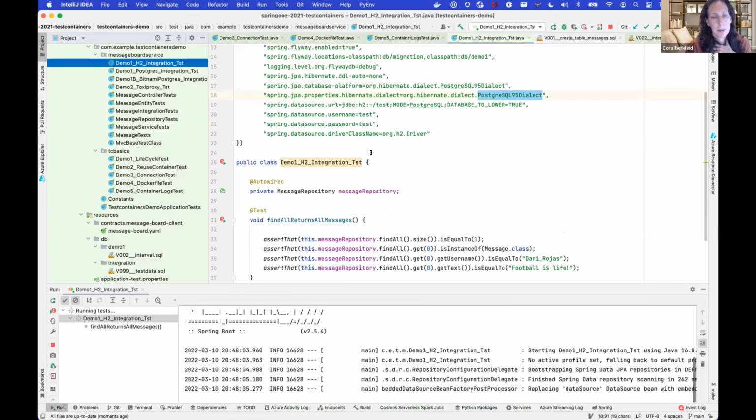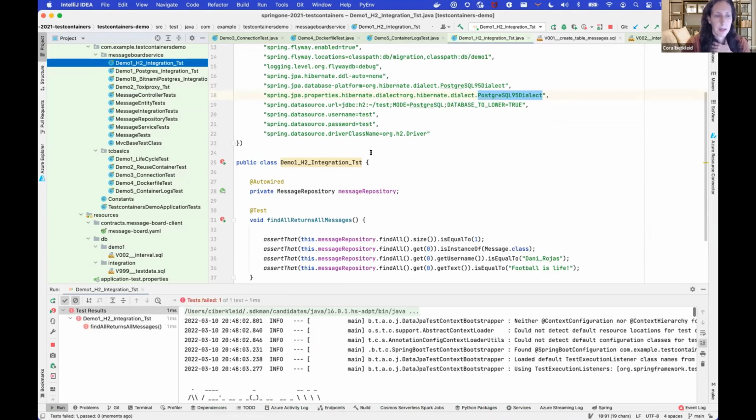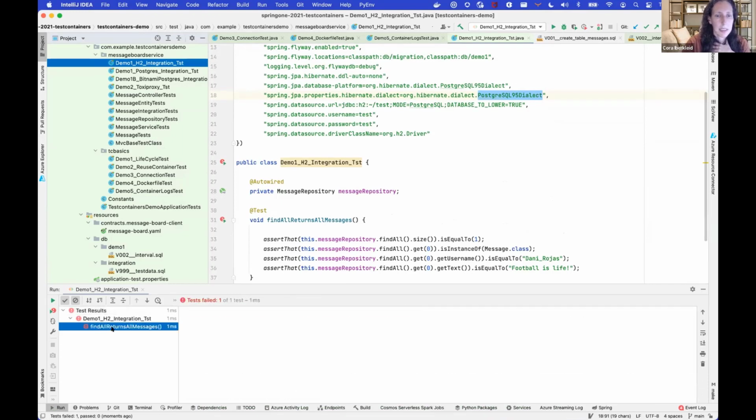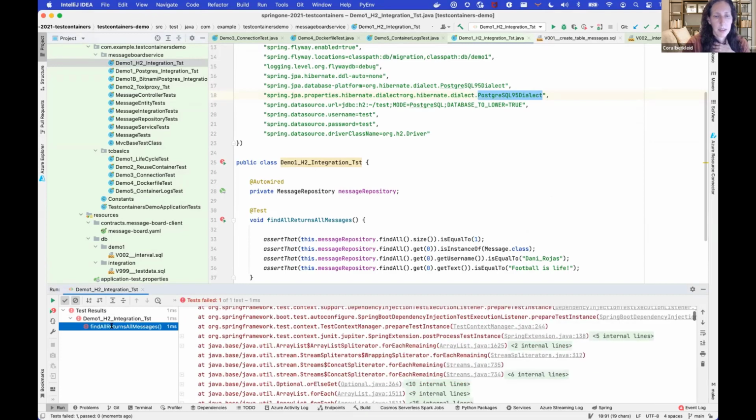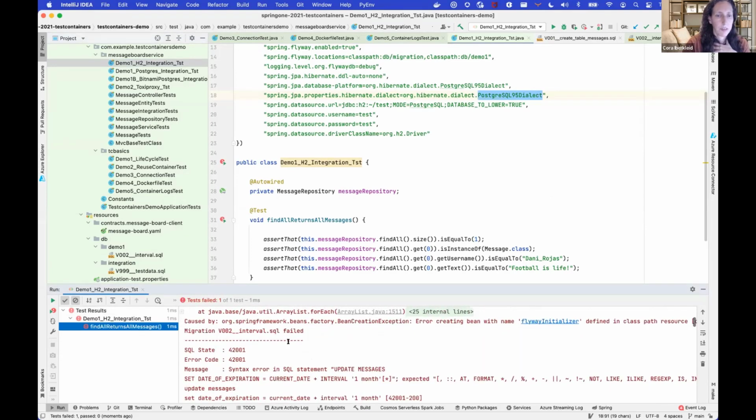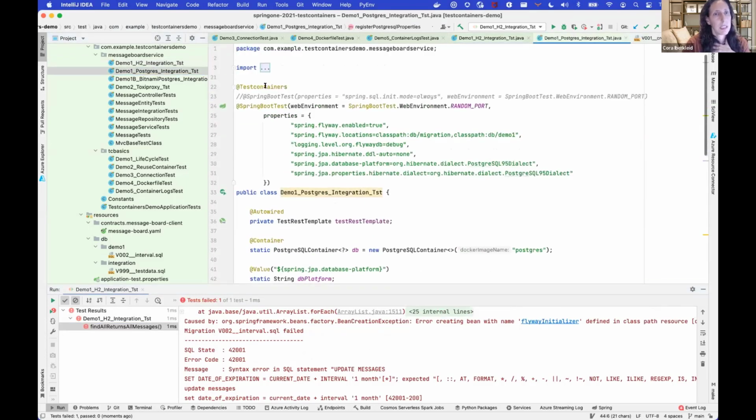Start it up, watch it fail. Yeah, okay, so that didn't run. It doesn't like the syntax, right? It doesn't like it: SQL failed, and so on. So instead of that, what would be better would be to use Testcontainers and